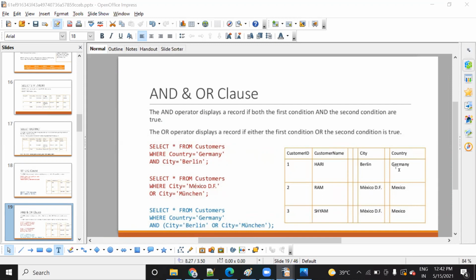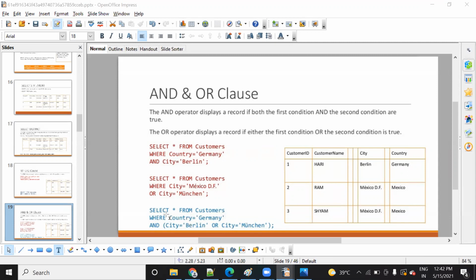It means country is equal to Germany, this you have already satisfied. But for city, is any of these conditions satisfied? This one, right? City is equal to Berlin. We don't have city equal to München. So we will execute this one, right?